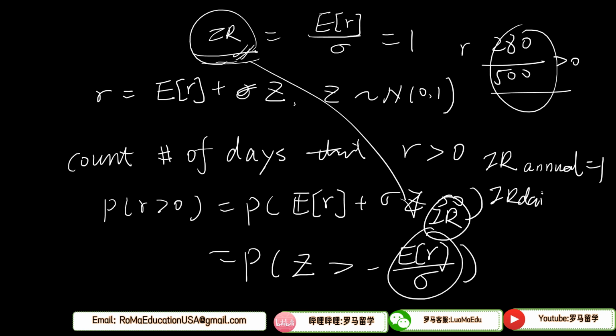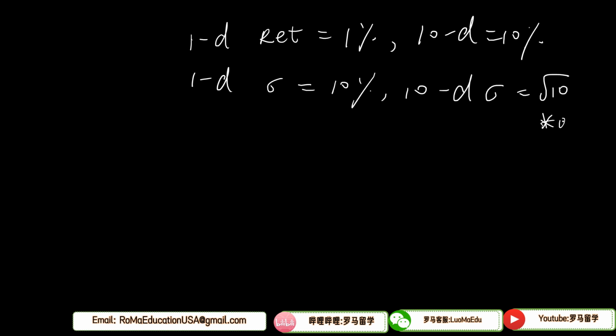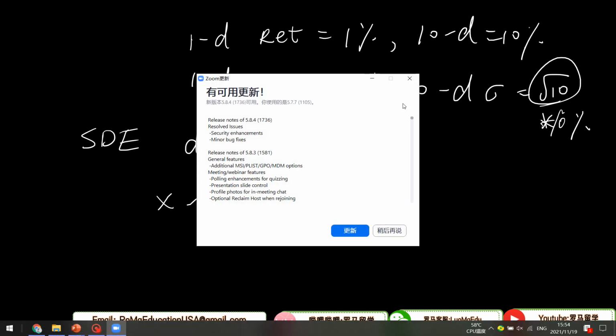So here we need to use the daily information ratio, and there is a trick to transfer this one. So usually the information ratio published for clients is the annual one, and here we need to use the daily one. We know that if the 1-day return is 1%, the 10-day return will be 10 times 1%, assuming no compounding. If the 1-day standard deviation is 10%, the 10-day standard deviation is the square root of 10 times 10%. The reason why the standard deviation scales with the square root